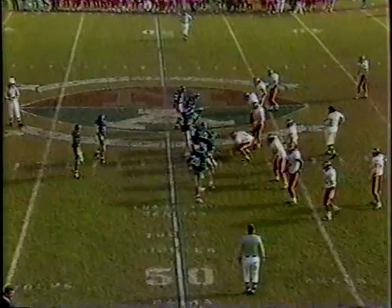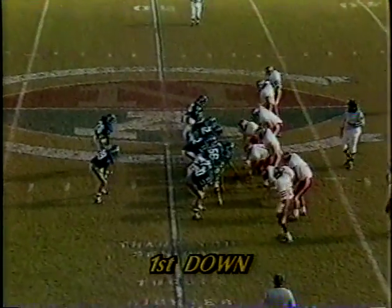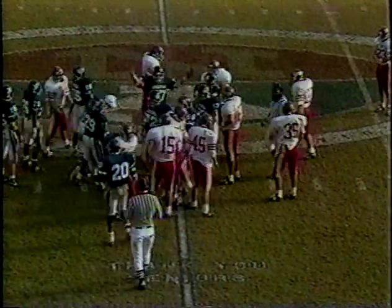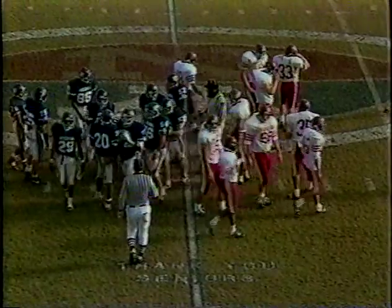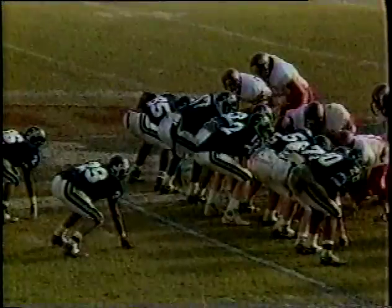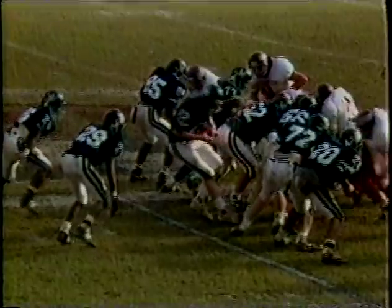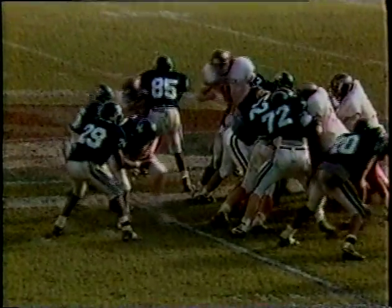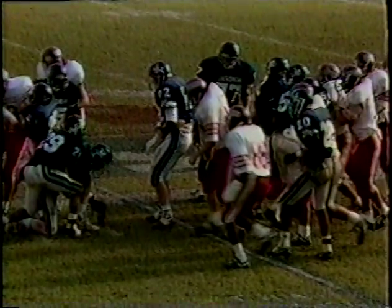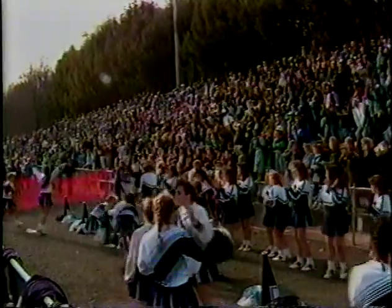They're running time now as the clock is running. Naugatuck without a timeout. If they snap this ball and hold on to it, it's over. Lester touches down, and Dennis Tinney guards him. Just falling on the football, and that's going to be all she wrote. That's it. Ansonia had to hold on as Naugatuck